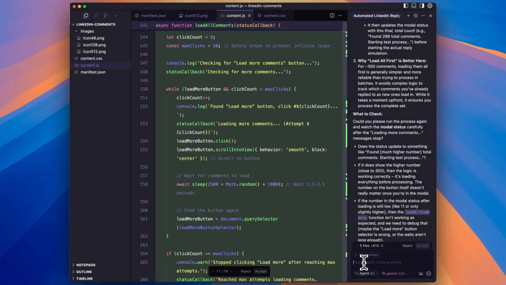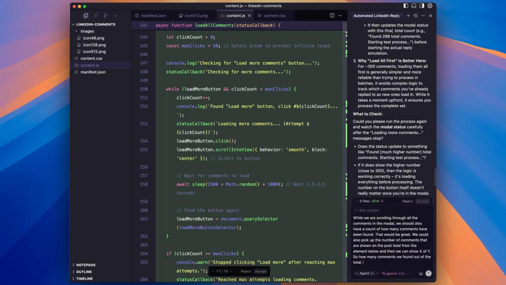Okay, while it's going, I might as well ask it to improve this a bit. While we are scrolling through all of the comments in the modal, we should also have a count of how many comments have been found. That would be great. We could also pick up the number of comments shown on the post total from the element below, and then we can show X of Y.